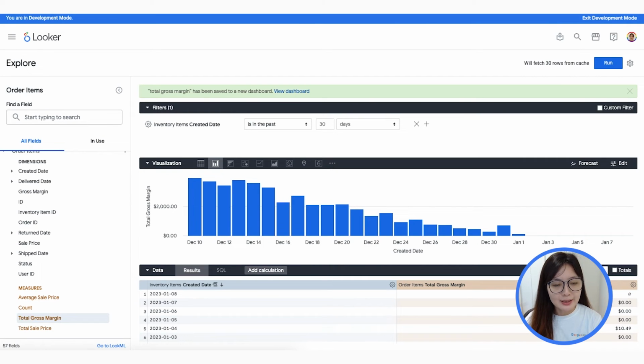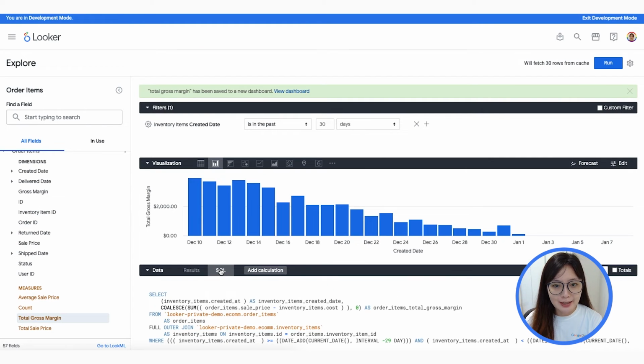In the first part, we get the result of total gross margin for the past 30 days. Let me explain what happened in this Explore page. Anytime a user selects a metric on the left, Looker is writing SQL automatically on behalf of the user. When you press the Run button, Looker is sending this query to the database, which understands exactly what was requested